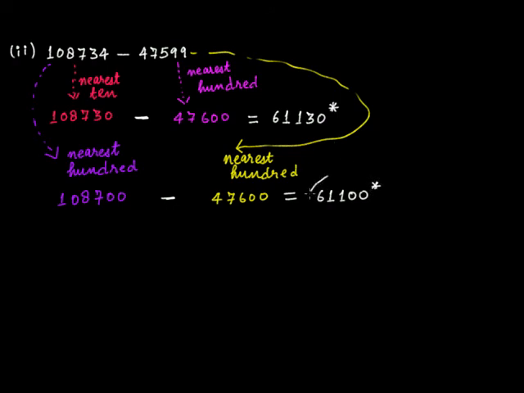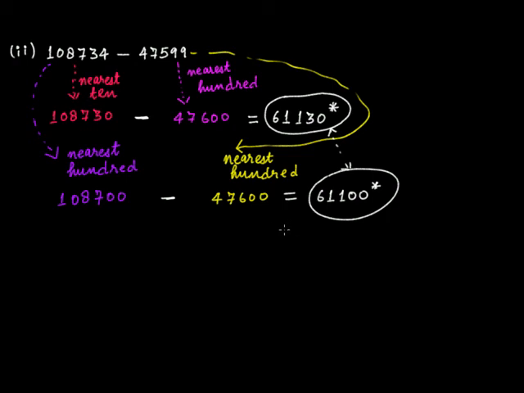Now you see that both these two estimations are very close. The difference is 30. So these two estimations are giving you the estimated value of this particular subtraction. The main point was that you can go for any of these two estimations. Both are quite close to each other. So whether you are estimating value in case of multiplication, addition or subtraction,